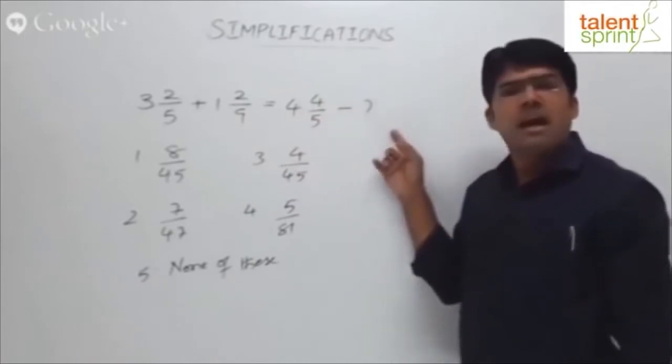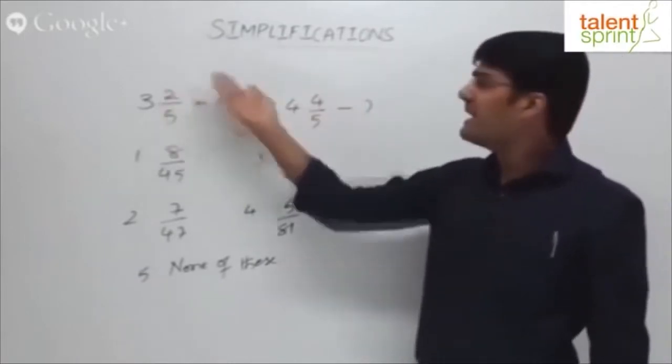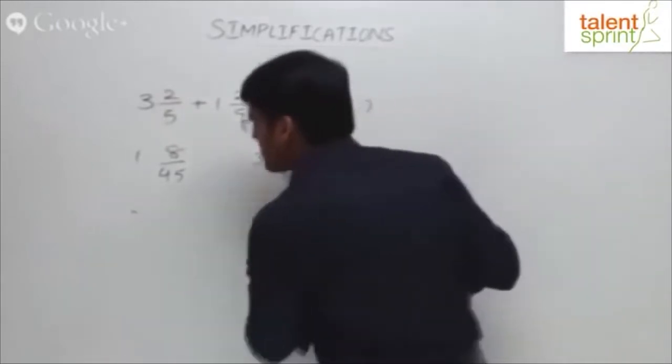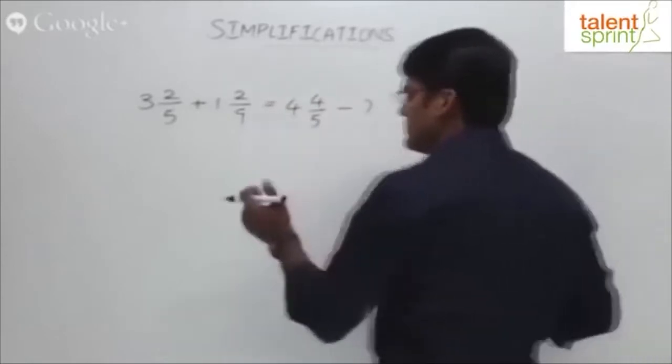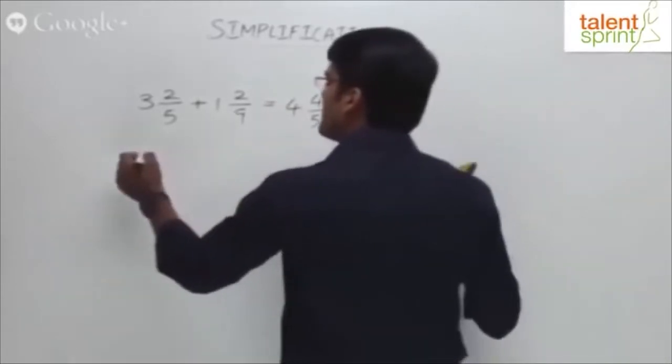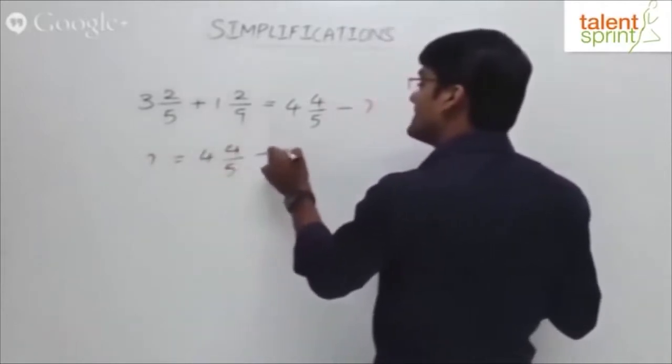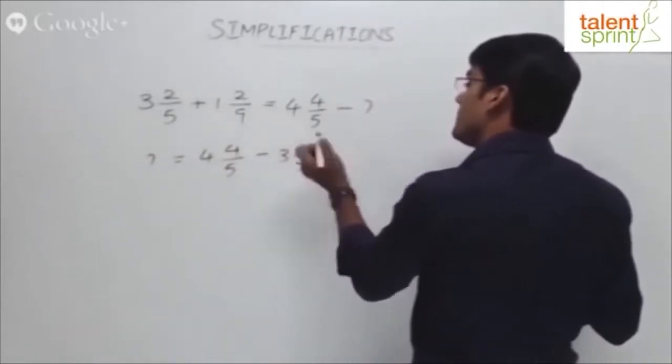Minus question mark. Right? Again, the question mark goes on that side, and those two fractions are going to come on this side. So I'll just clear these options. Let's look at the solution. Take it in a proper way first. So this question mark will be equal to 4 4/5 minus 3 2/5 plus minus 1